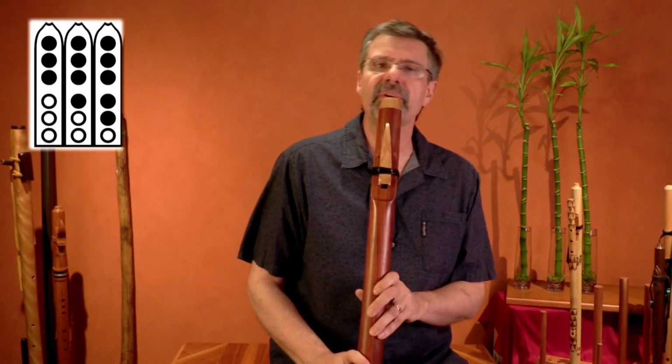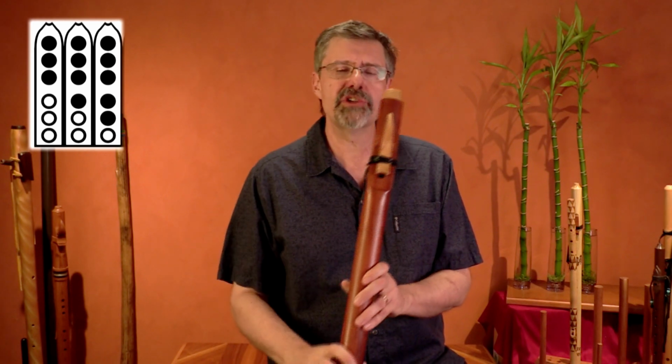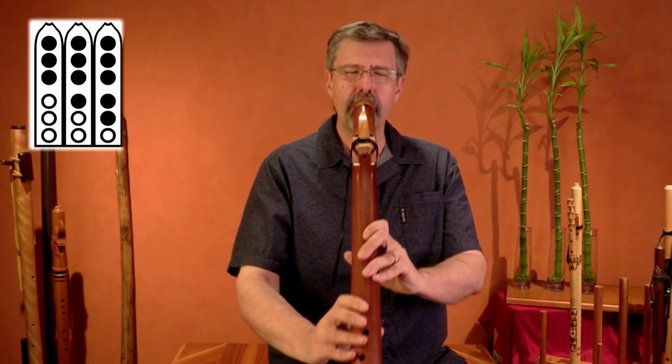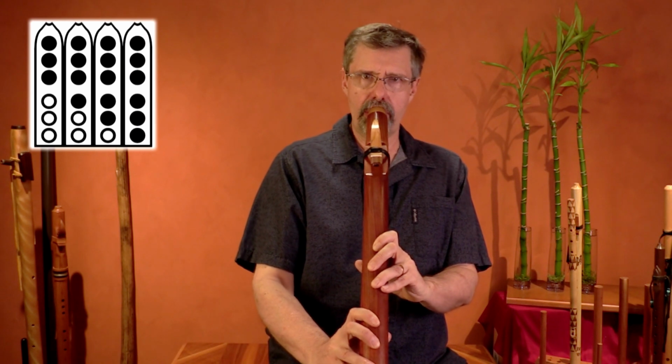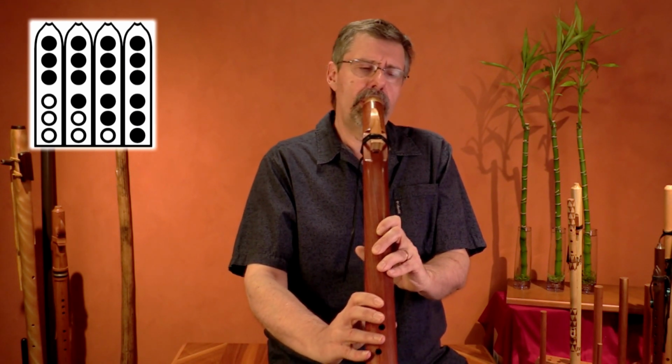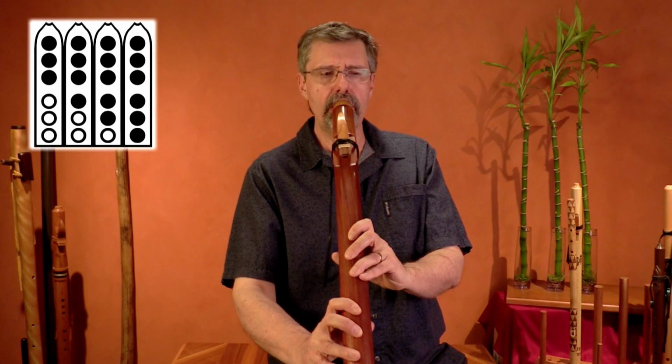Okay. Now we've got 3 notes. The next game is we're going to do the same thing but go all the way to the bottom note. And I'm going to slide down each note with my voice. The bottom note is actually called La on the scale. If you want to do the La, Do, Re, Mi, La, Do, Re, Mi, Re, Do, La. And believe me, I never in my life imagined I would be singing in front of a camera